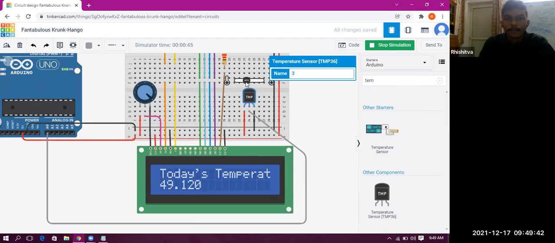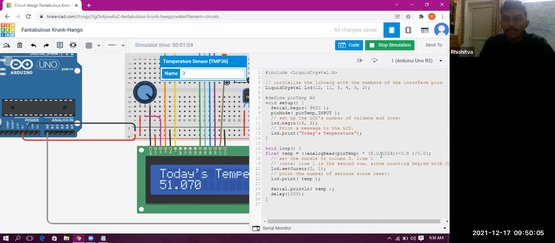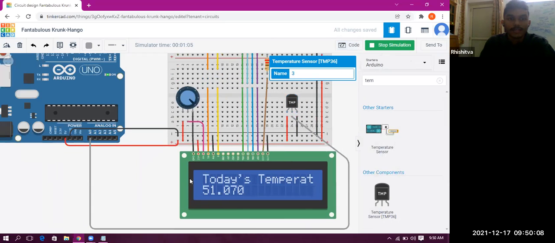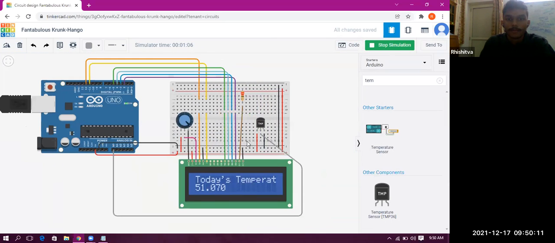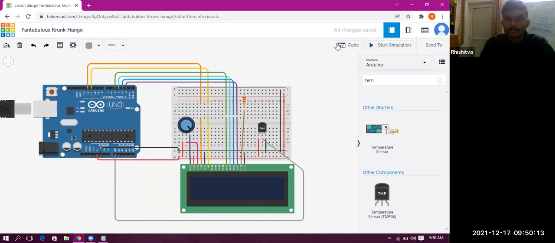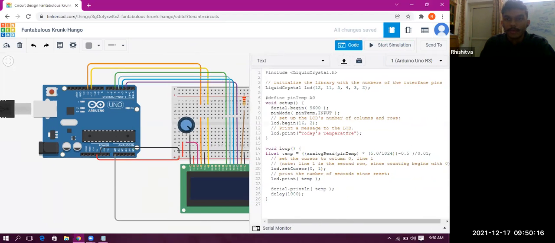So if you give a variable temperature outside, it will give a variable voltage output from here. It will be from 5 volts to 0 volts, as we have given an input of 5 volts and the output goes to ground. So there will be a voltage between 0 and 5 volts, and we have divided by 1024 to get an analog reading, as we have connected to the analog pin. So this was the whole circuit that I wanted to share with you. Now I'll just remove this "Today's".